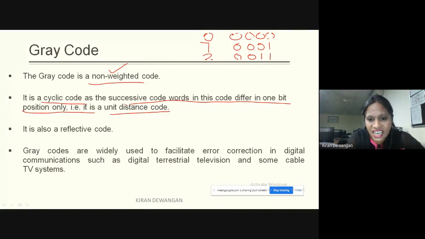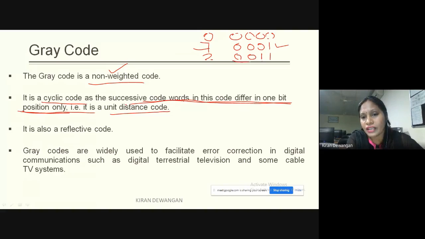What it is saying is that the successive code word in this code differs in 1 bit position only. 1 bit position में ही differ करेगा. If I am writing 1, it is, sorry, I said 4 zeros, right? It is 0, 0, 0, 1.